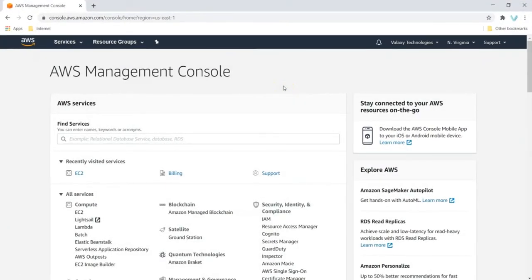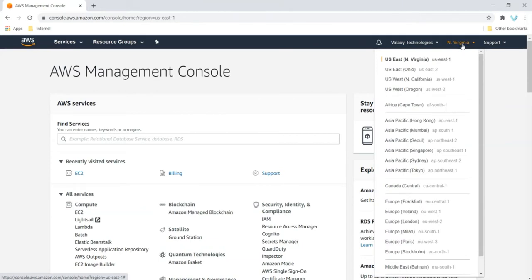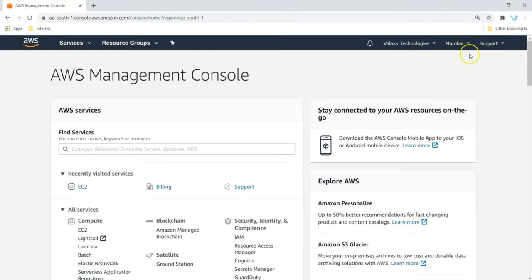This is my AWS Management Console landing page. Once you have created your AWS account, you will land over here. And here you have regions. Regions are nothing but, just think of them as cloud data centers. AWS provides data centers in different geographical regions. By default, you may land on North Virginia, but usually I choose the Mumbai region, which is near to me, and I can create an EC2 instance under the Mumbai region.